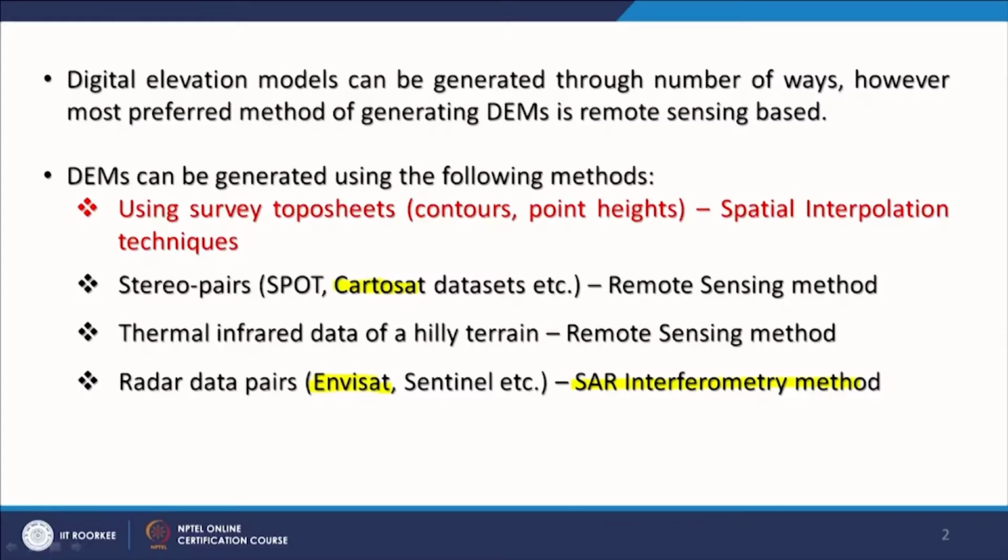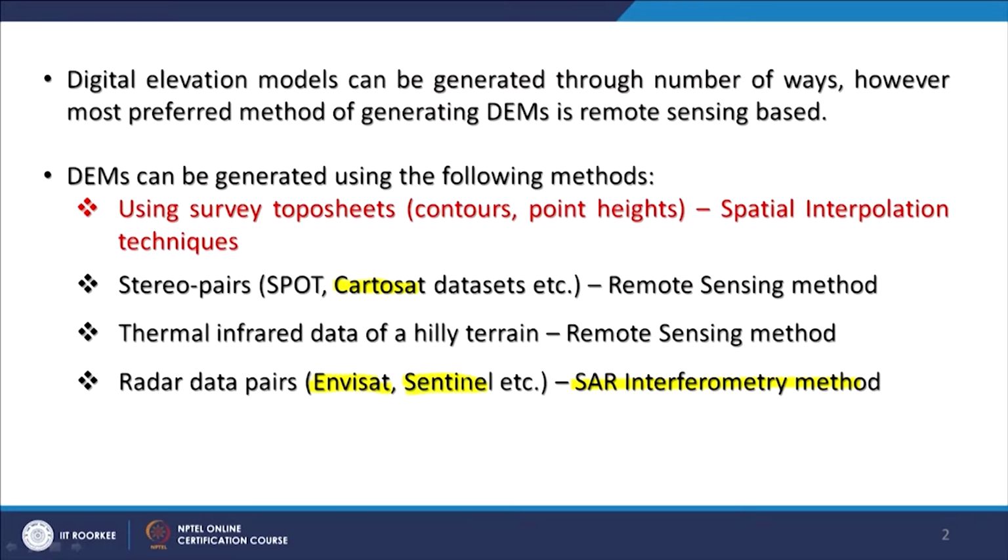I mention this because some people may get confused that I talk here in 90 meter and 30 meter, but on their portals you find 3 arc second and 1 arc second. So it is not 3 meters or 1 meter; 3 arc second means 90 meter roughly. Now, these radar pairs also later became available from a satellite, Envisat, which is a European satellite,